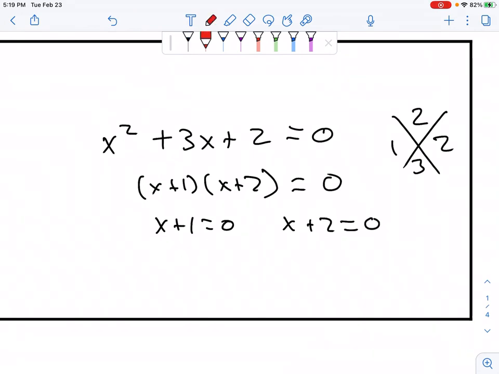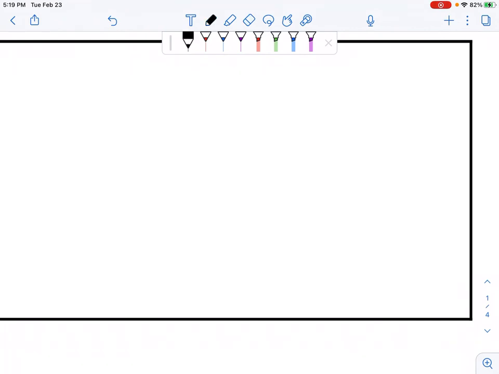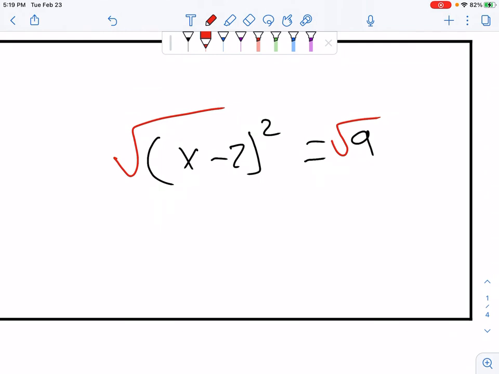We've also learned how that works with a leading coefficient and how that changes things, how we would multiply here and use a 4, and then we would have to figure out if anything multiplies to 4 and adds to 3, whatever. And we still solve. We've also learned how to solve taking the square roots. So if we have a quantity and that quantity is squared, we can solve taking square roots to find the value of x. That would be a 3. And then, again, we could split this and solve. We also learned how to solve for x